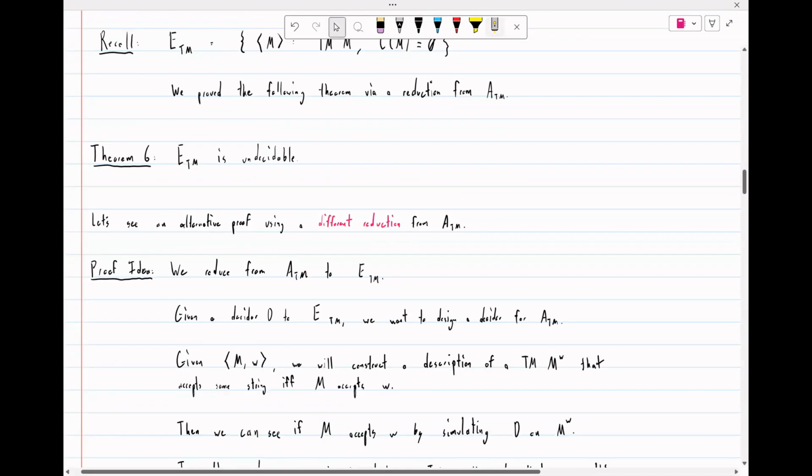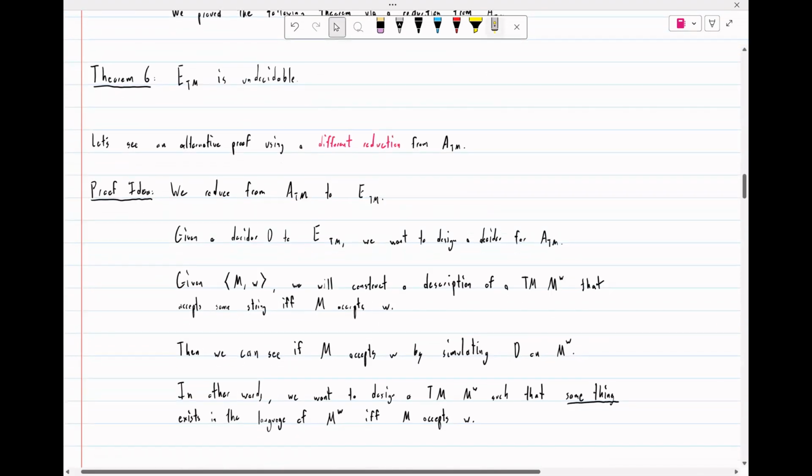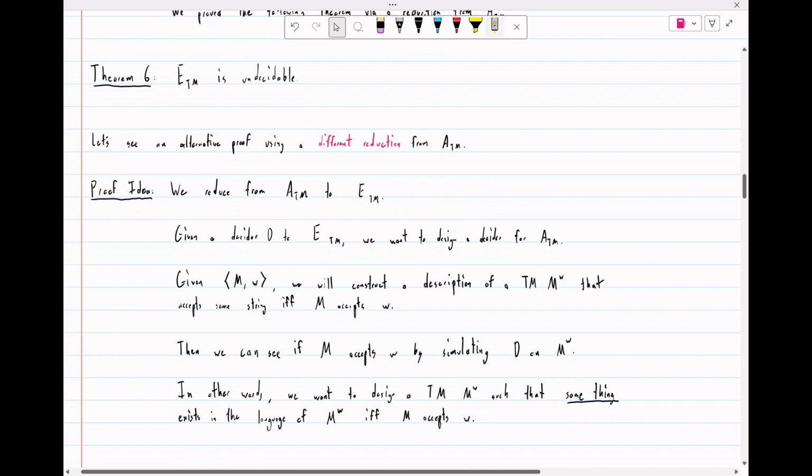Okay. So proof sketch. I want to make a reduction from ATM to ETM. This means, given a decider D for ETM, we want to design a decider for ATM. In other words, just breaking things down even further, another way of saying this is, given MW,